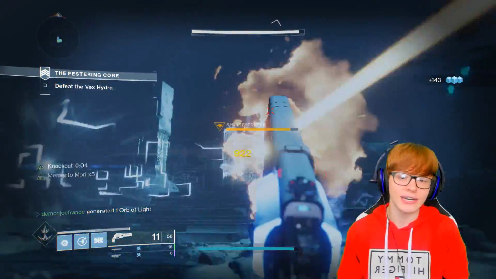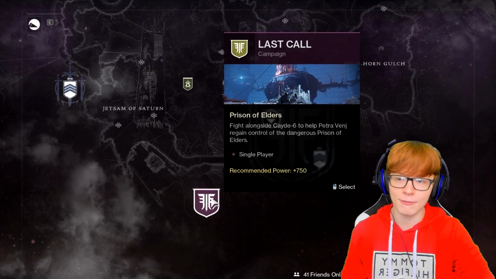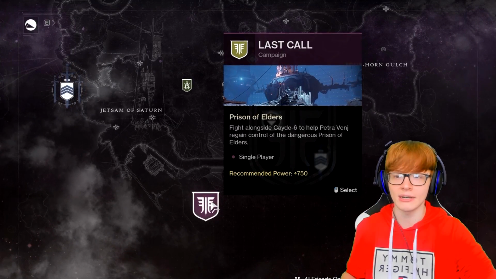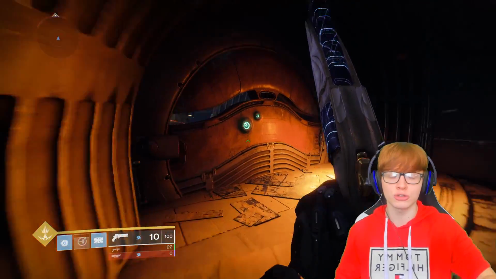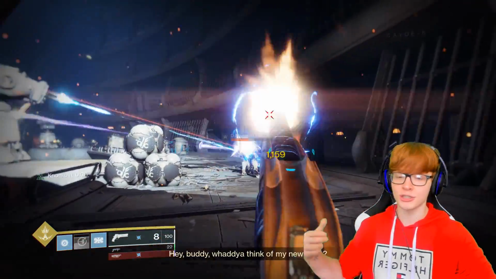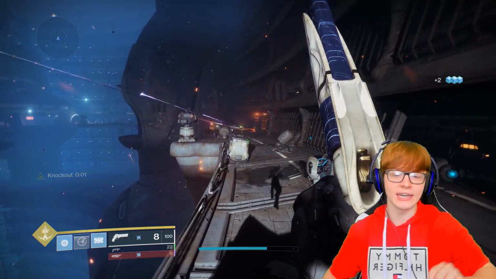Now, to start the quest on getting this weapon, you have to run the first mission of Forsaken. This is a Forsaken exotic, so make sure that you have the DLC, and you have to run the first mission, which is going to be at the bottom of the Tangled Shore, called Last Call. This mission's pretty straightforward, just run through the entire thing and you'll be good to go to getting this quest